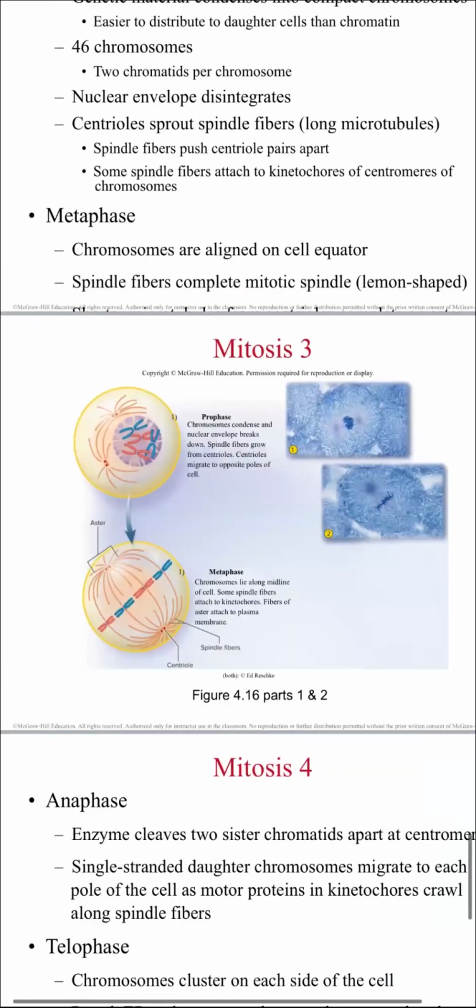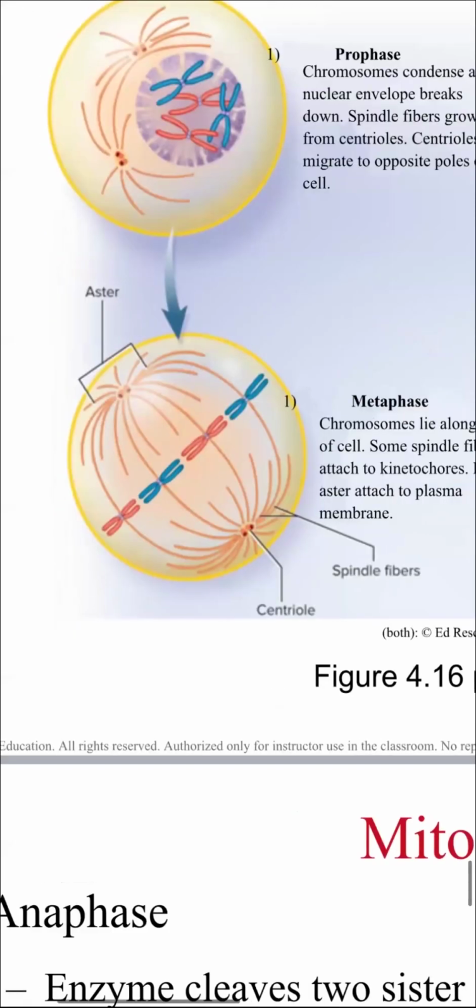In metaphase, what happens is, here's a good picture of metaphase. Notice how all the chromosomes are lined up right in the middle. That's what happens in metaphase. All of the spindle fibers sprout out. They connect to the middle, the centromere, right? And they have specific mechanisms called kinetochores that allow you to attach and move the chromosomes to the middle of the cell. So metaphase starts with M, middle, or midline, right? This is where we see all the chromosomes move towards the middle so that we can split everything in half,